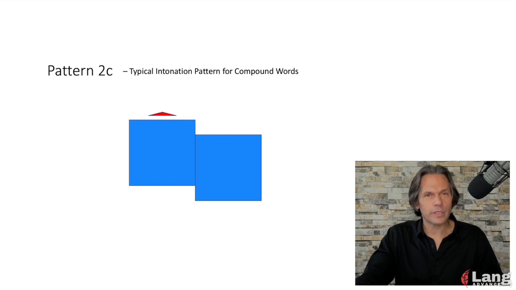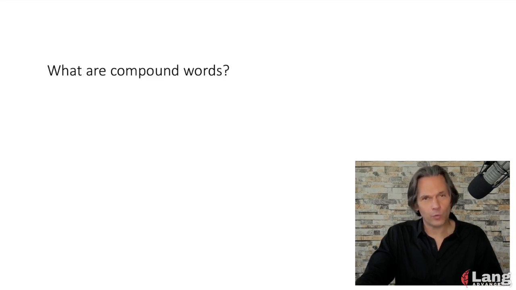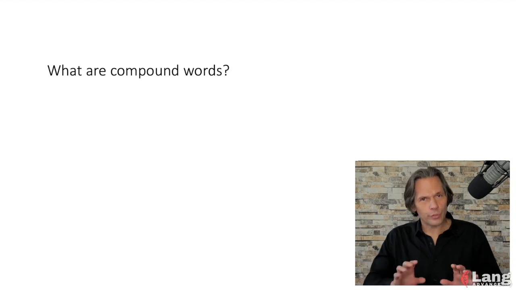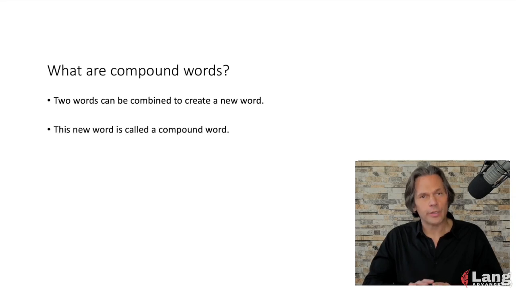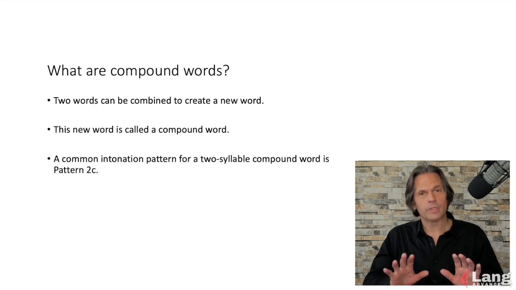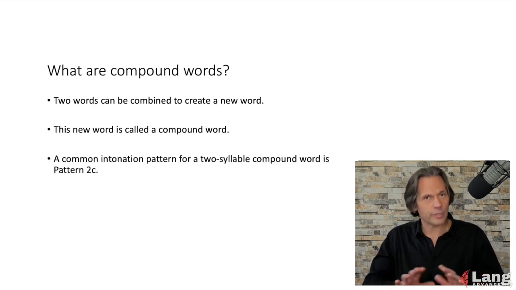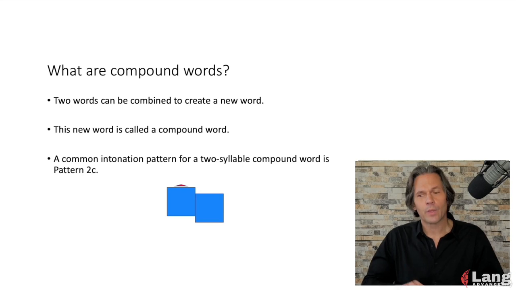So the question is, what are compound words? And I will tell you, you may already know, you may have some idea. Compound words are two words, two nouns or an adjective and a noun, that come together to form a new word. Sometimes the new word is still written as two separate words. Sometimes they're combined to a single word, and sometimes they're hyphenated. Let's look at a few examples.